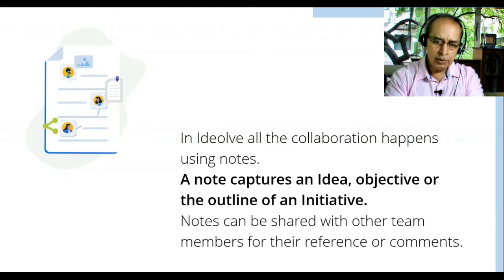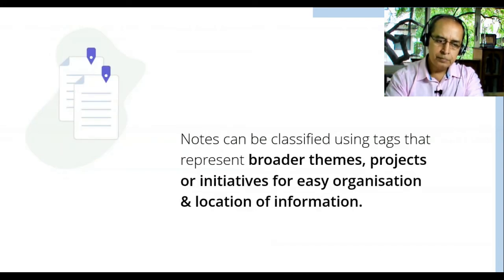So I will create a note in which I will put out the idea, put out some facts, put out some discovery which I have done. All right. And then I'll say, okay, now I need some input from the teams who are working on this. So I will share this note with them. Okay. Relevant people only, not everybody. All right. All the people who can contribute to that particular topic will be linked to that note or shared on that note. All right. And what can they do? They will post comments on it.